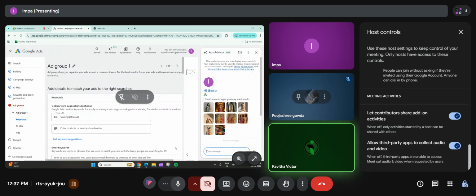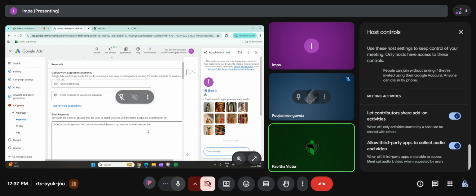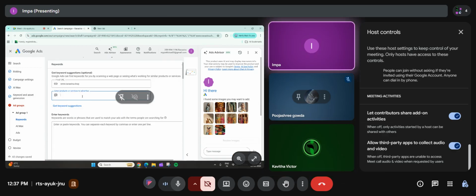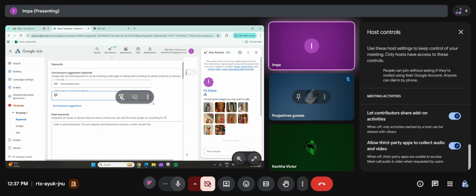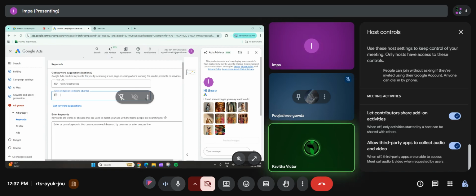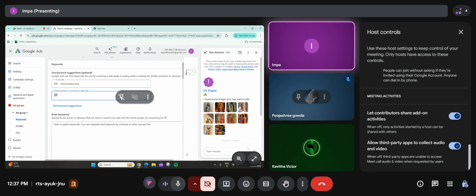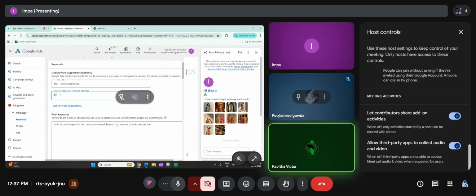Scroll down. So enter the product which you are going to sell, and below you have the keyword options. Ma'am, can we enter many products or only one? Any product, you can add two or three products for now. Click enter after each, just like a tag.